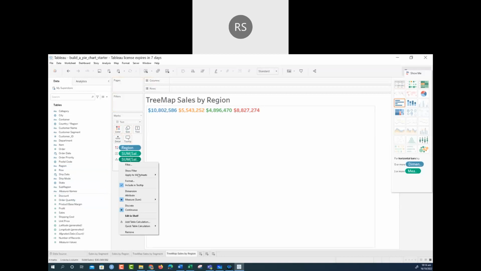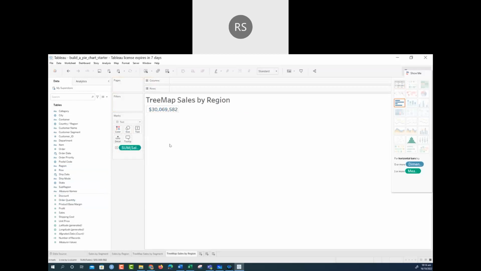Okay, let me remove this. Let me remove. Okay, yeah. This is like a card. Okay, let me change to the card. Rename. Yeah, this is card. So not everything is identical, like in the Power BI. Card sales per region. Yeah, so you would like to